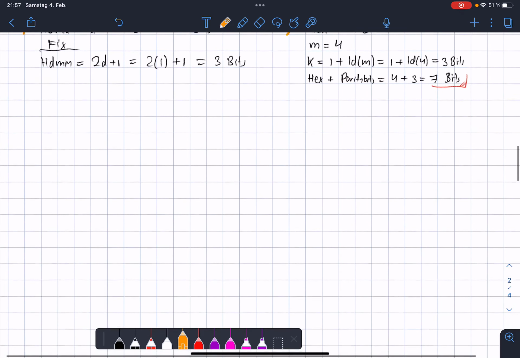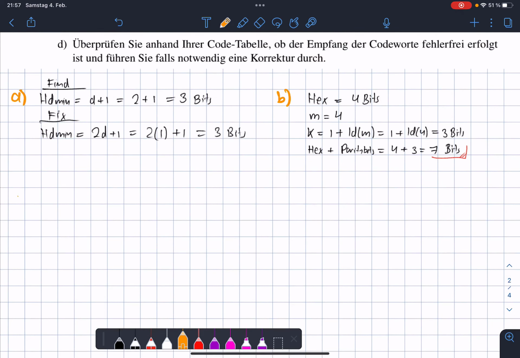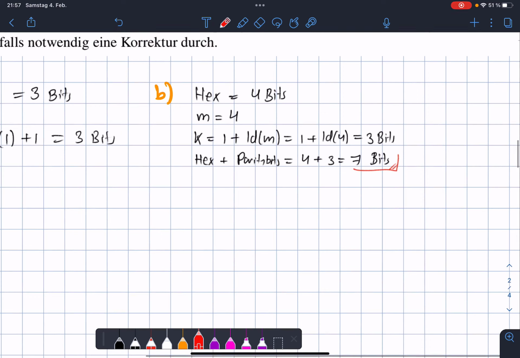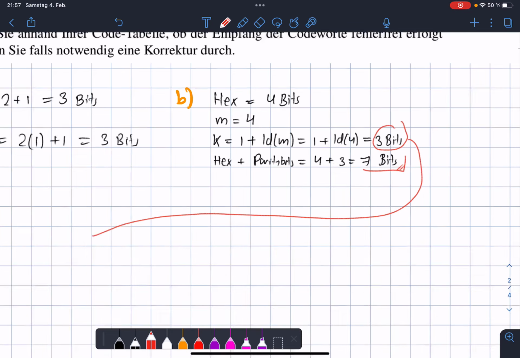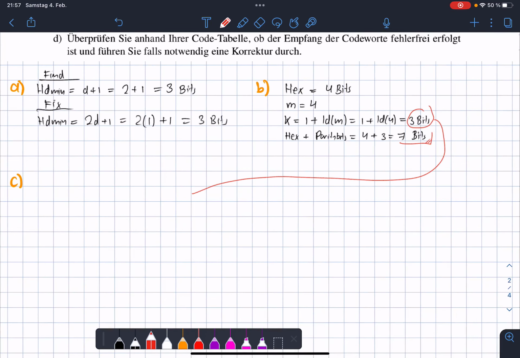Now let's go with C. C is a bit more complicated, but it's not difficult. In this case, we're just gonna focus on the parity bits. So the parity bits are going to play a big part over here. So we can do just here, just a big line. Maybe just write again. So parity bits,